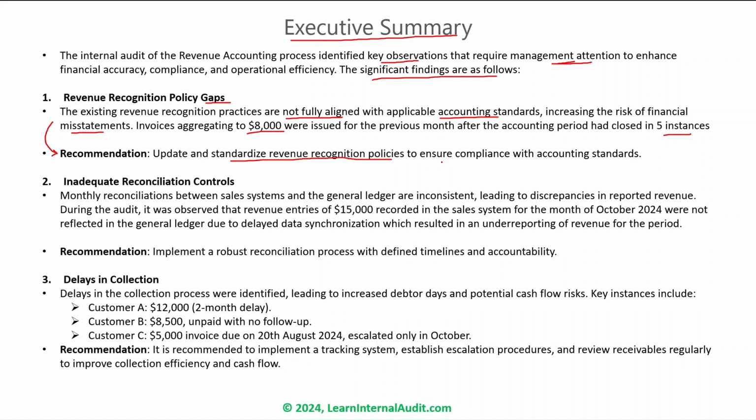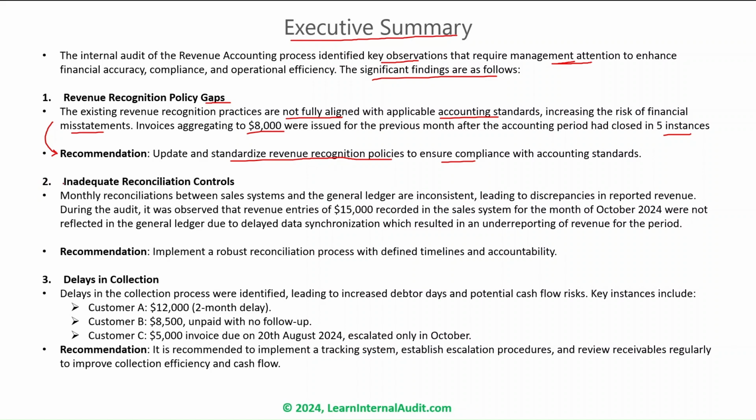So here we are pointing at the governance issue. This governance issue is generally taken care of by the management, so that is why it has been highlighted to them. There would be various other recommendations which are corrective actions for the team to do, which are not coming here. So the recommendations could be 5, but we have only given the important part which the management needs to take care of.